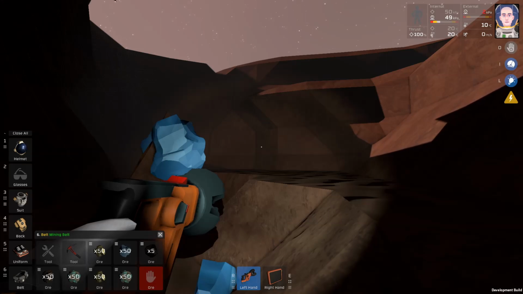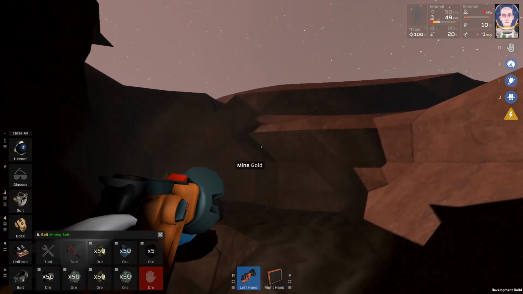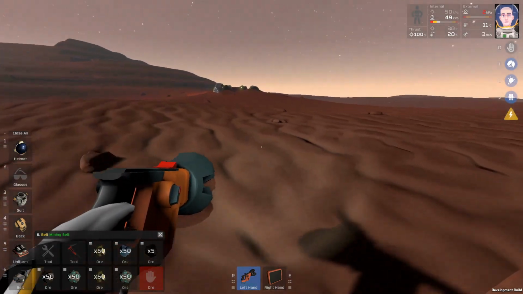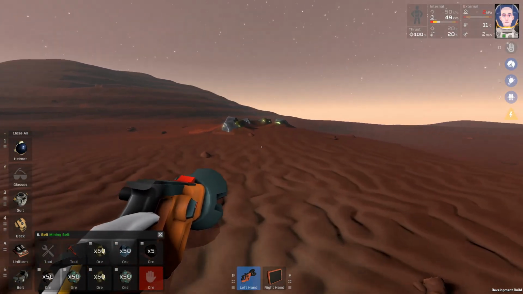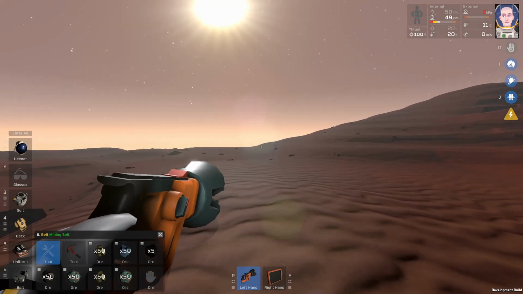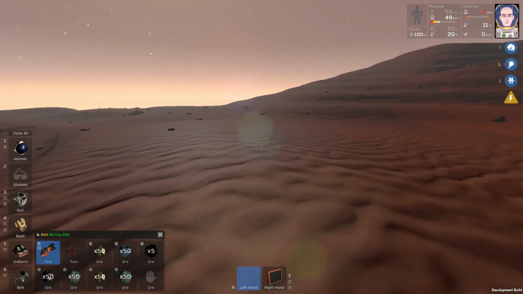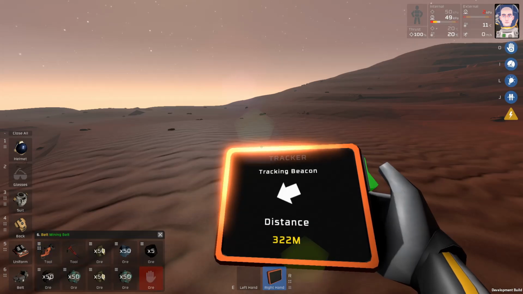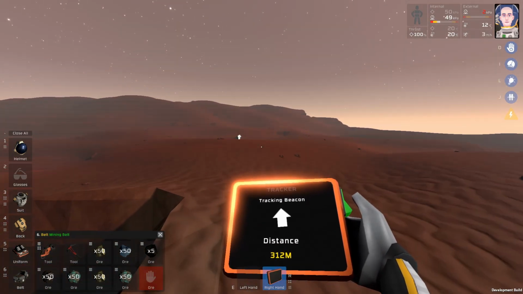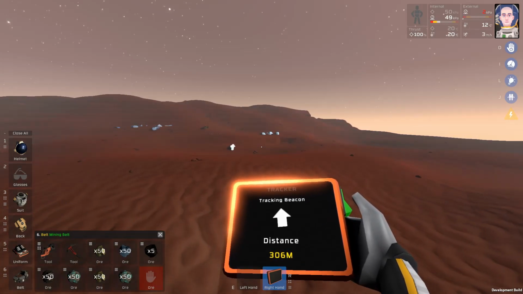So the sun is up now, and you can see I did end up getting 2 stacks of gold, exactly 2 stacks. That lead ended up being, of course, there's more gold right there. That lead ended up being just the 5, which I kind of was worried about. I mined through that oxide